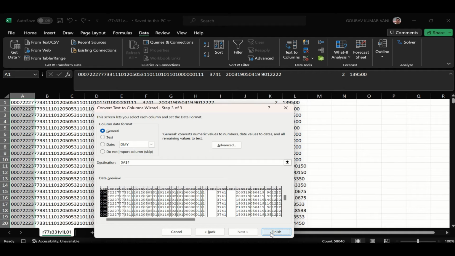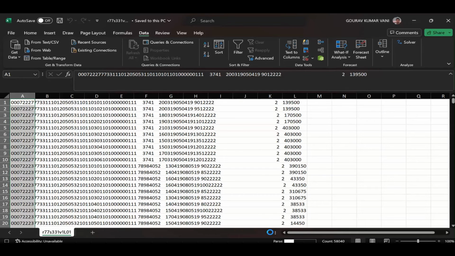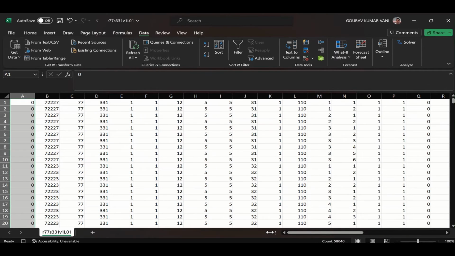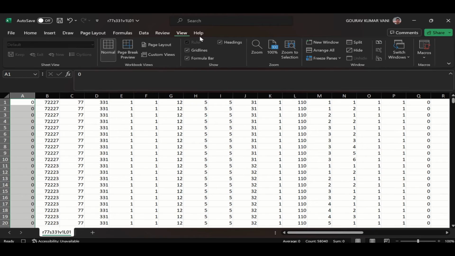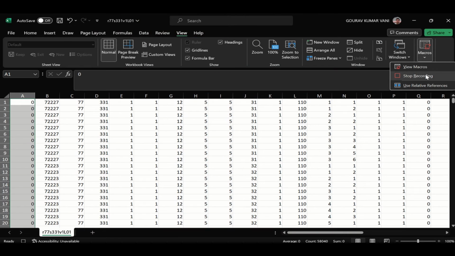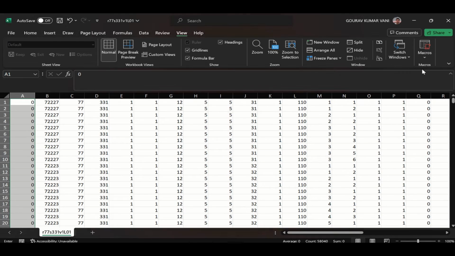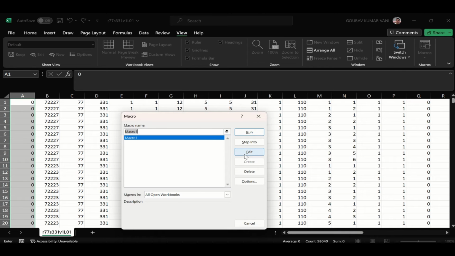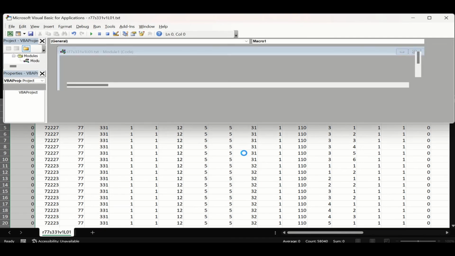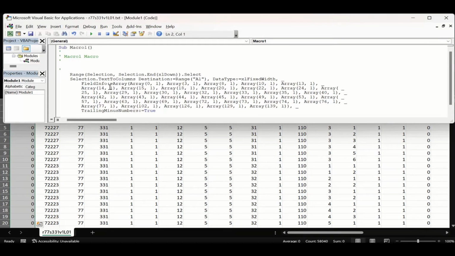So we are not specifying if anything is in date or something. We treat all numbers as numbers. Then stop recording macros, view macros. Here you have got macro 1. Then go to edit. So the VBA editor will open, and here you can see